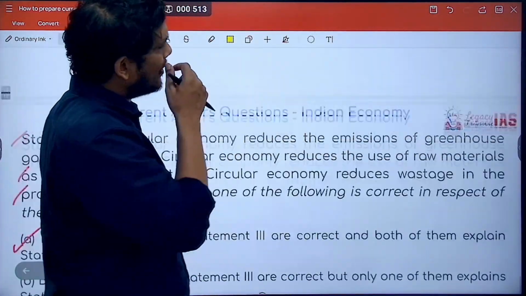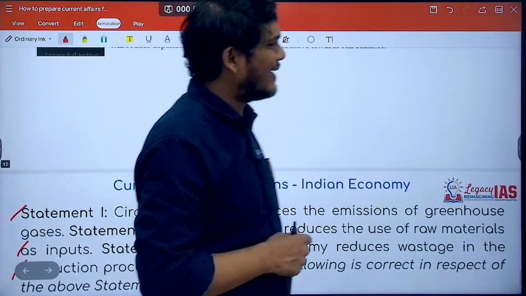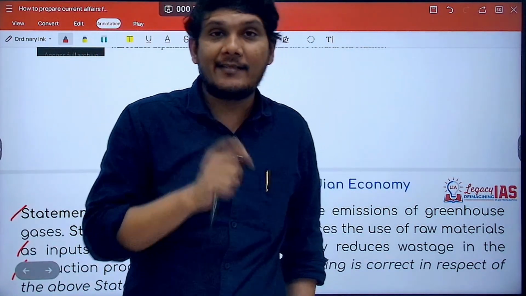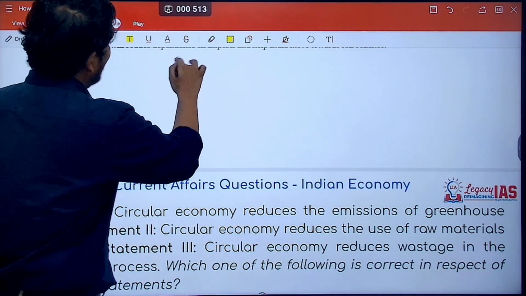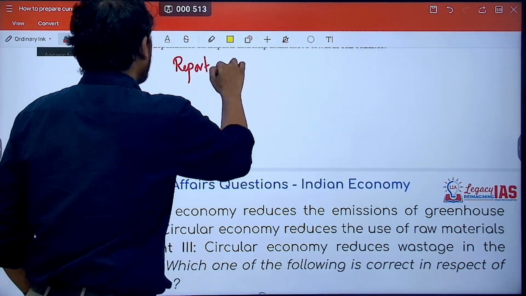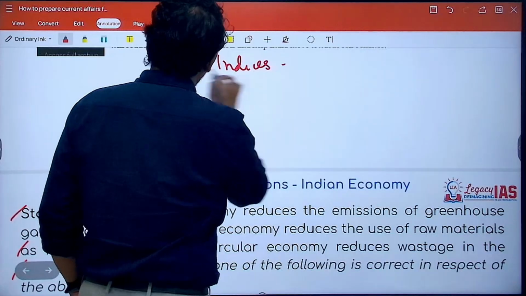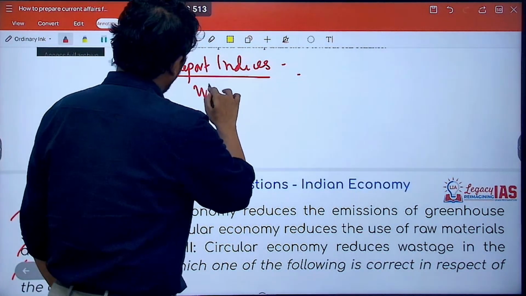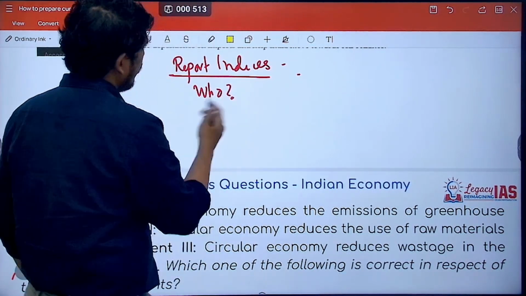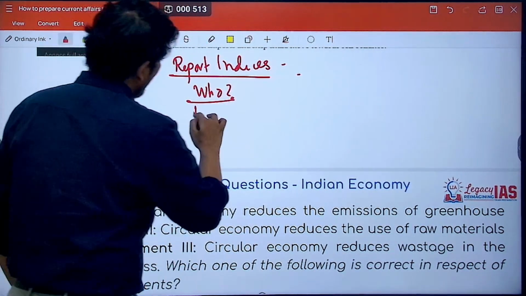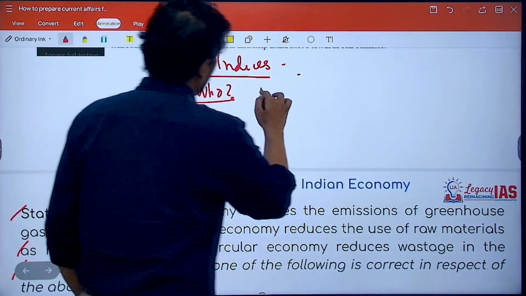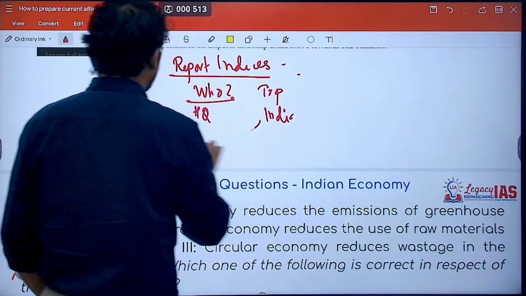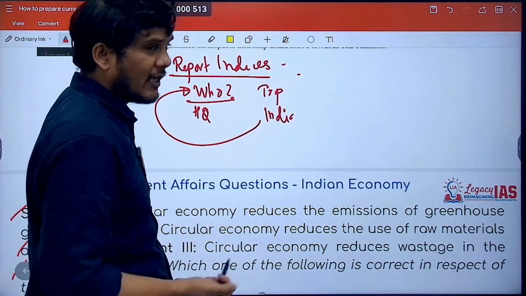Also, UPSC in 2016-17 used to ask a lot of indices, reports, etc. Then it reduced. Now last year, again it started asking. So if you are reading any report or indices, be it of economy or any other, but specifically for economy, you should know who brings this out, as in which organization, where that organization is headquartered, who are the top countries, is India a member of that organization or not? If yes, is India a founding member?